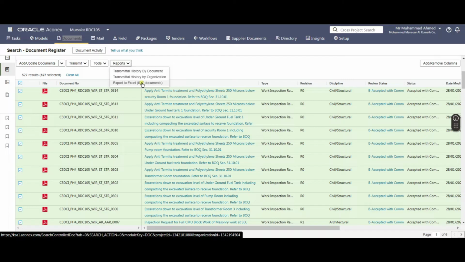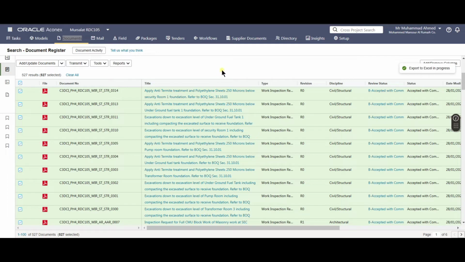So what you will have to do is press reports, and from there select export to Excel. See here it's showing that the selected documents were 527 and it will export the report to Excel of the same number of documents. So once you press it, it will generate a report. An Excel report will be available in the temporary files on Aconex. To access the temporary files,